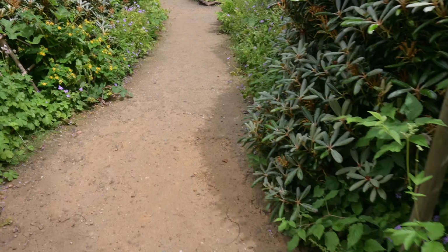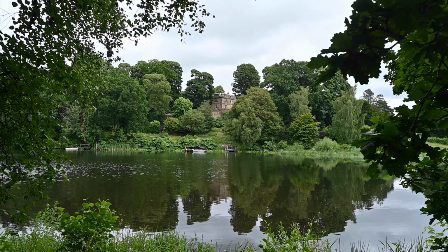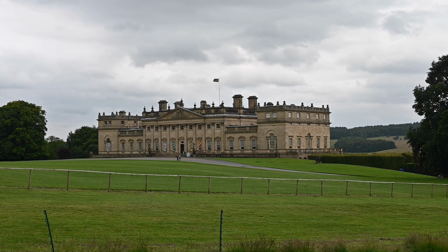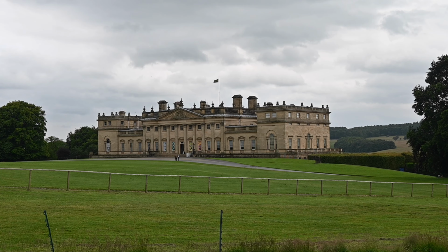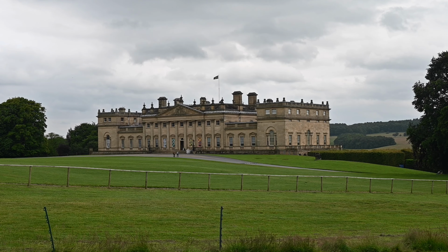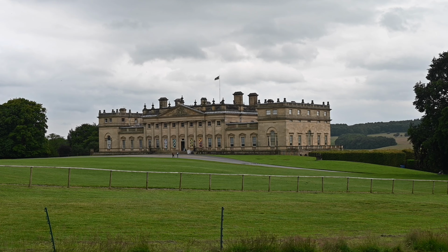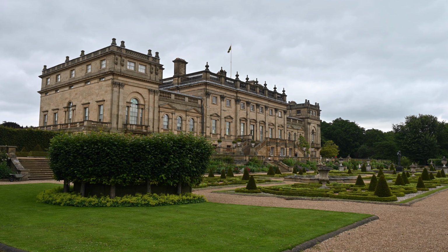Whoa, run across. Today we're in North Leeds and the estate of Harewood House, a fantastic country house here in the north of England. But we're not looking around the house, we're going to look around the gardens, or more specifically the Himalayan Gardens. So join me over the next 15 minutes as we look at these wonderful gardens full